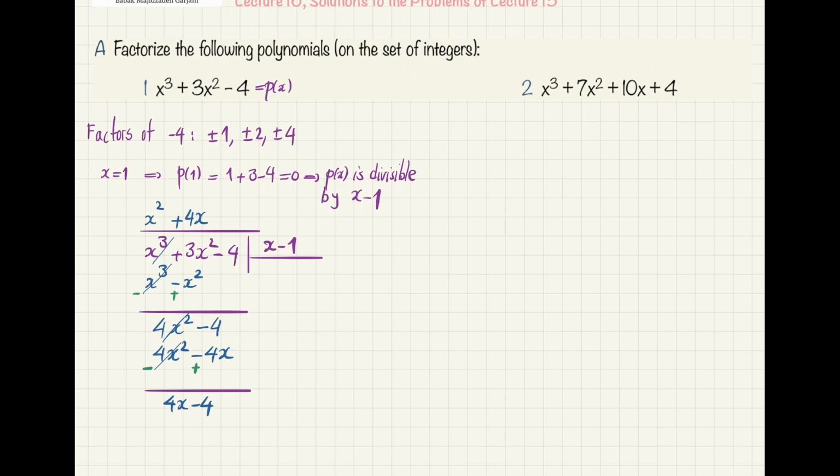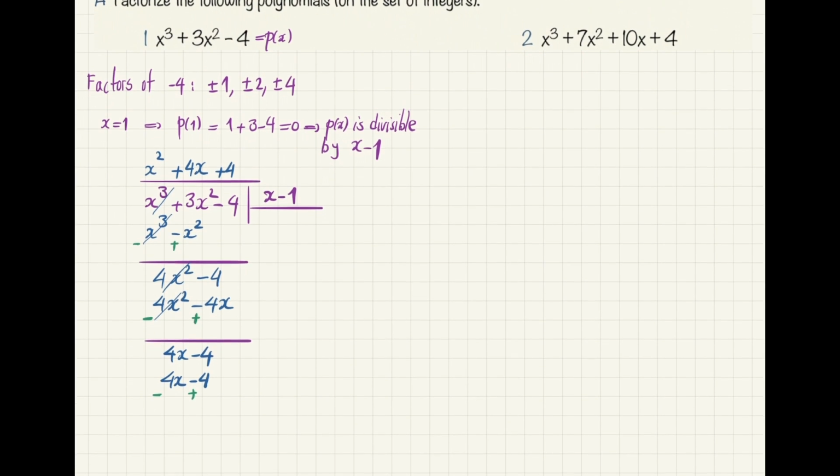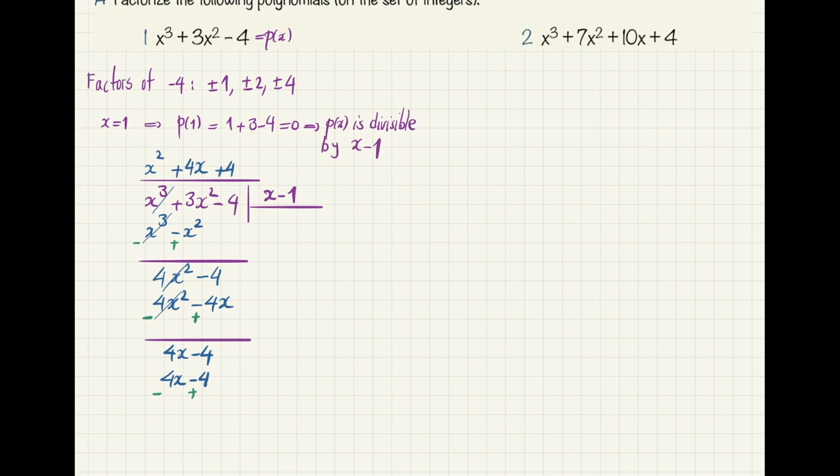And I repeat the process, so I will have 4 here, I multiply it, it becomes 4x minus 4, I will change the signs negative, positive, and then I will have the remainder as I expected becomes 0 when I add. Yes, so this, as I expected, it is divisible, the remainder is 0,